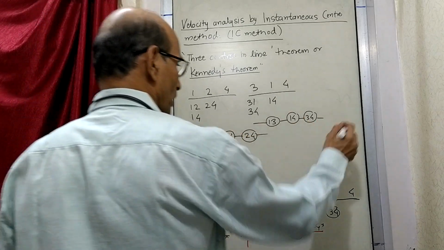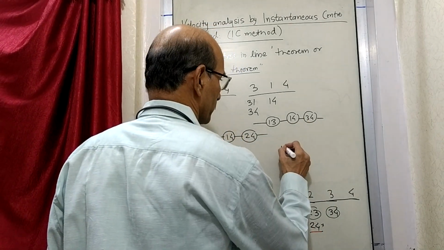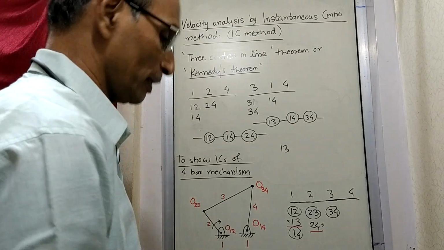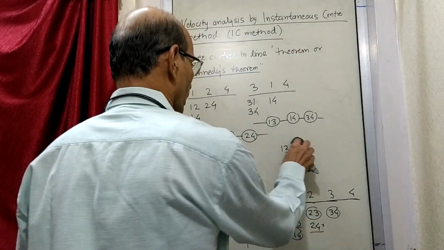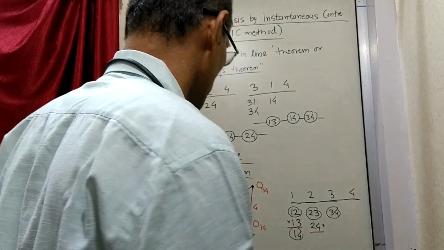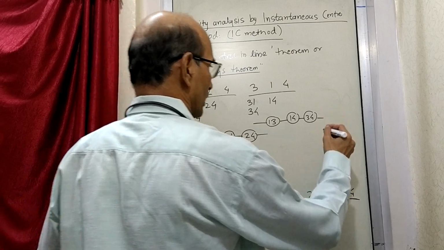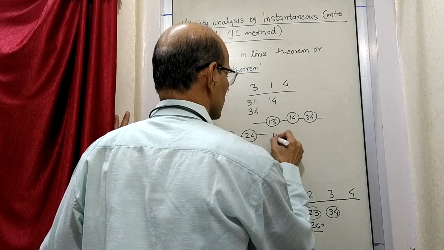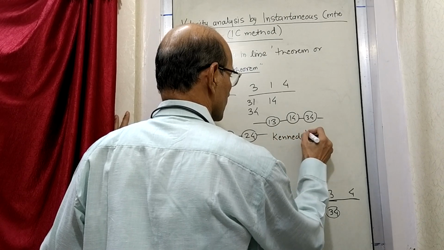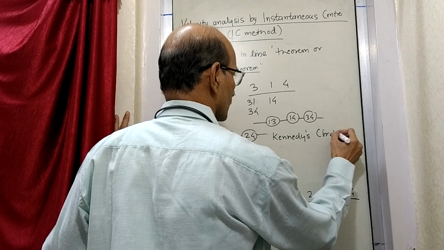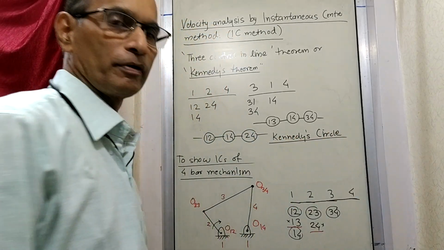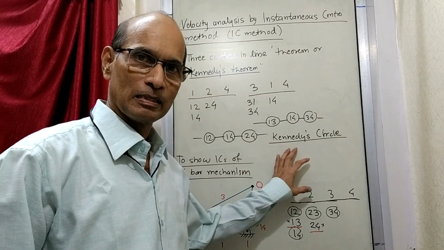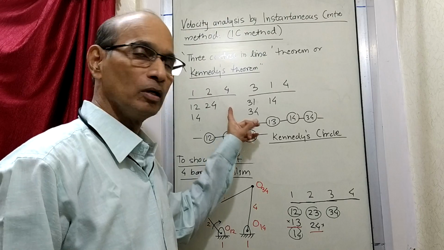So now having understood this much, let us try to find out where is O13. Let us try to find out where is O13. And for finding out O13, we have to do one process, and that is called, I'll write here, we have to make use of what is called Kennedy's circle. So we have to draw one Kennedy's circle, and that circle and this rule combined, when we use,